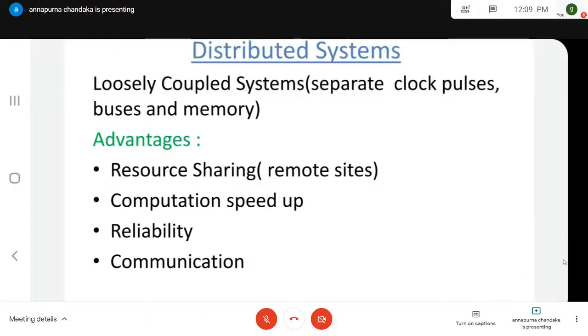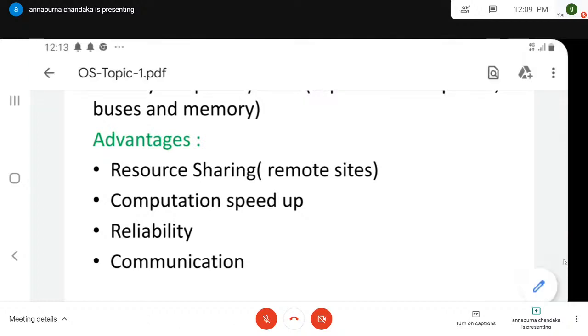Suppose you have one work. Suppose you need to download 10 files from the internet. If it happens on only one particular system, it will take so much time. Then why can't you distribute this work to all 10 systems, so that one system can download one file? That implies all the 10 files are going to be downloaded at the same time.